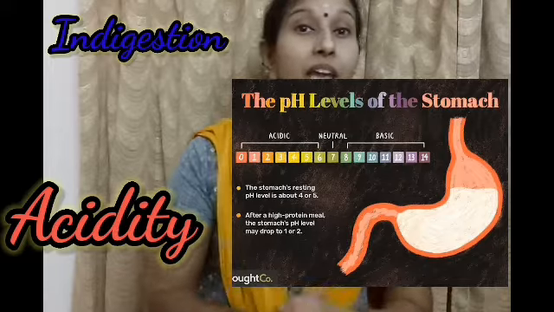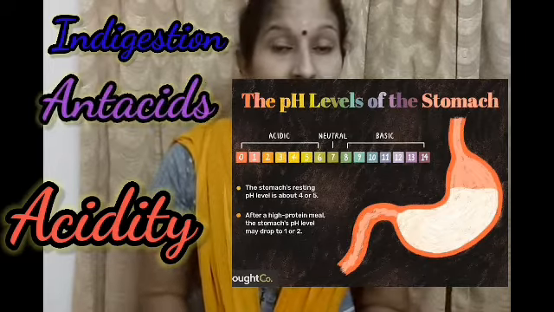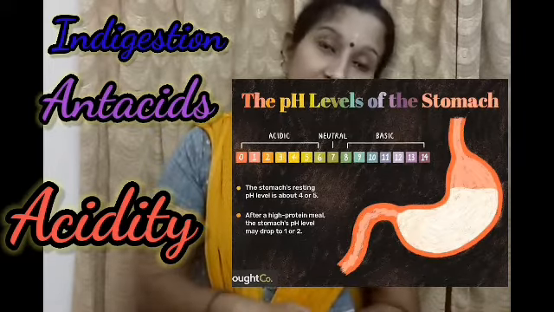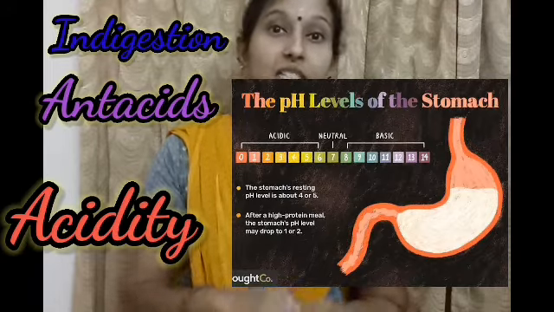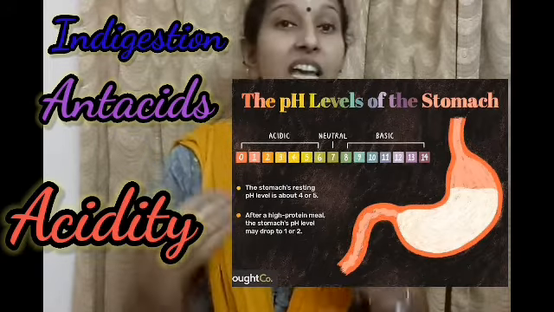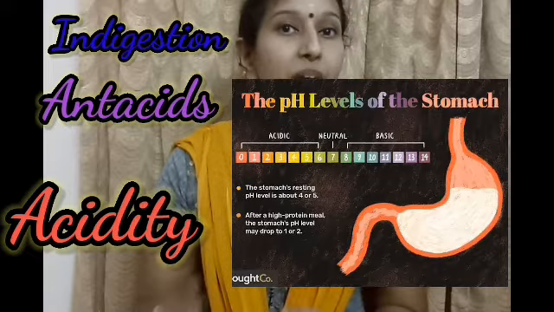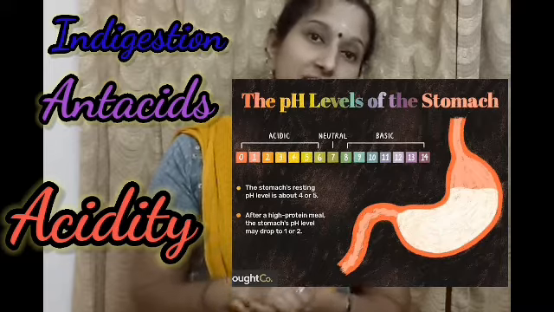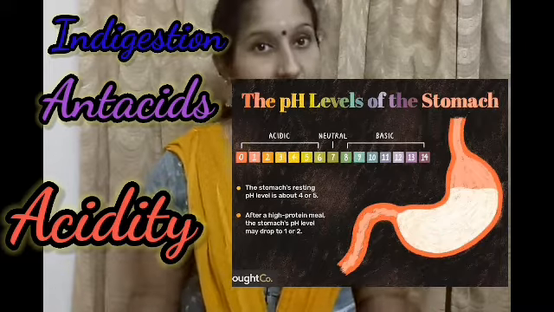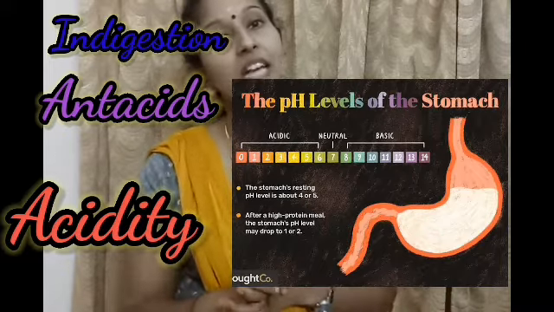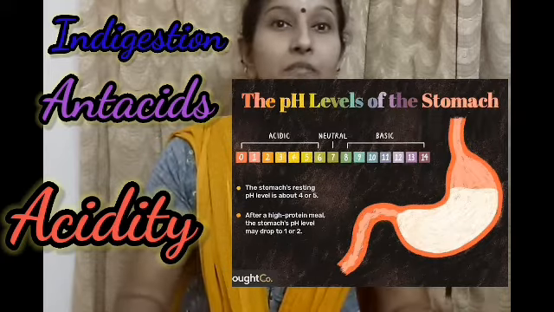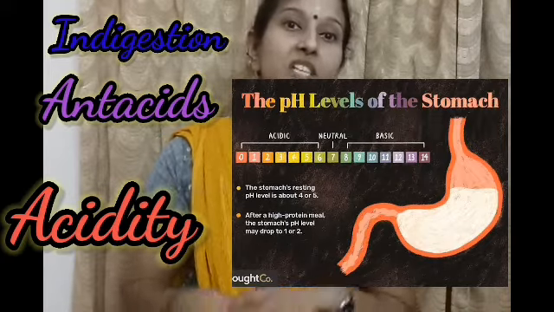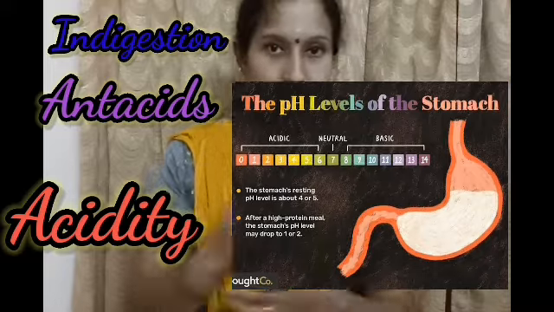Antacids means what? Antacids are the medicines which neutralize the excess acids, that is, bases. So one such antacid is milk of magnesia. This milk of magnesia neutralizes the excess acid, they cancel each other, and we get relief from the pain and irritation. Okay, next case is